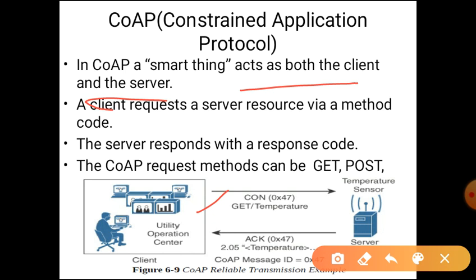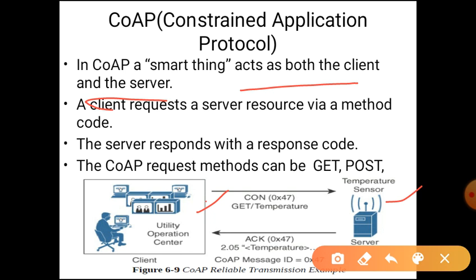This acts as a client requesting the temperature value from the temperature sensor. Now the temperature sensor acts as a server. The client requests the data from the server. Here the client is a utility center and the server is a sensor.